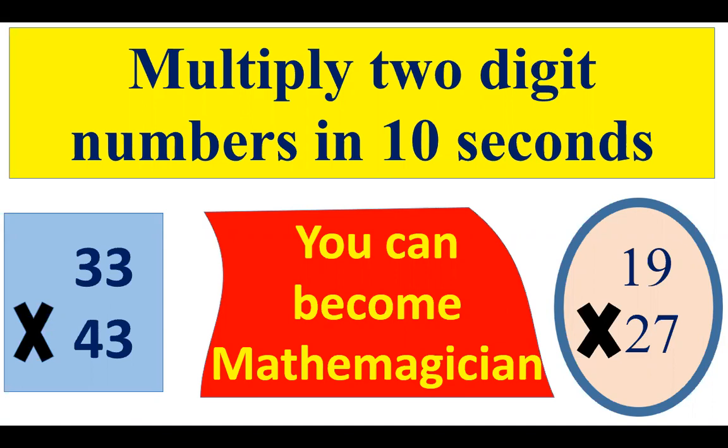Once you solve this, note down your time and see the number of steps and the number of seconds or the number of minutes you are taking to solve the problem completely. You will see here an amazing trick, a shortcut method to solve the same problem in very less number of steps. And you can become a mathematician. So let us see what this method is and how it works.